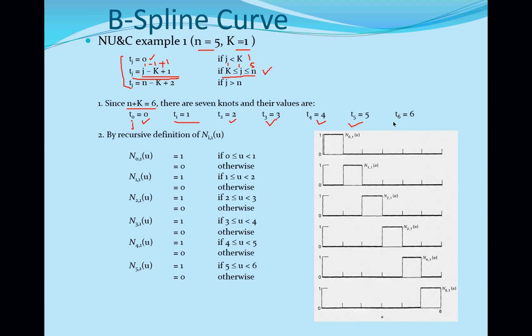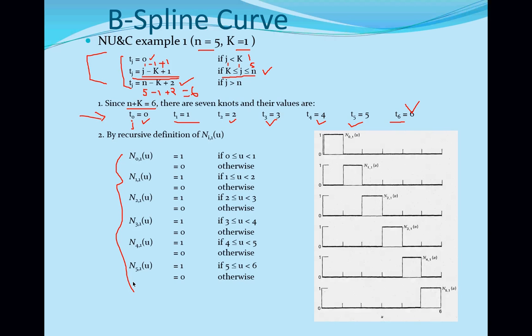Now j becomes 6. So n is 5, so therefore now I have to use this equation. So n is 5, K is 1 and plus 2. So this comes around to be 6, and therefore this value appears to be 6 in this case. So in this way you have to take the support of this, create the T0 vector, and now similarly